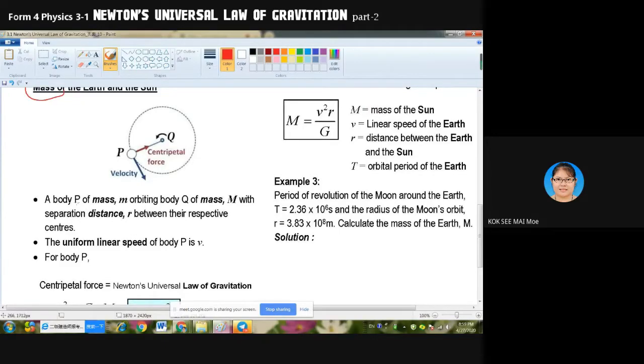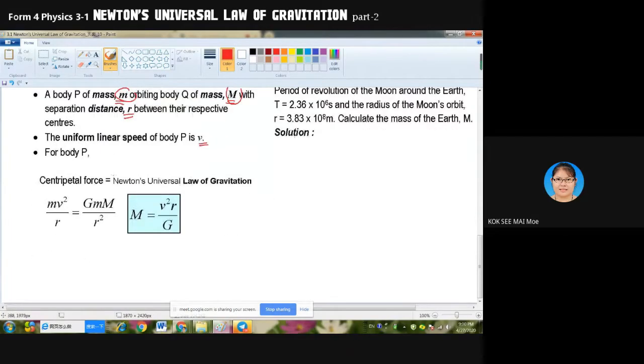A body P, the mass is small m, orbits the body Q, the mass is capital M. Normally, the bigger one we take as the bigger mass, and the smaller one, the orbiting one, is the smaller mass. The separation distance is R, that means the distance between the respective centers. Now the uniform linear speed is v. For the body P,